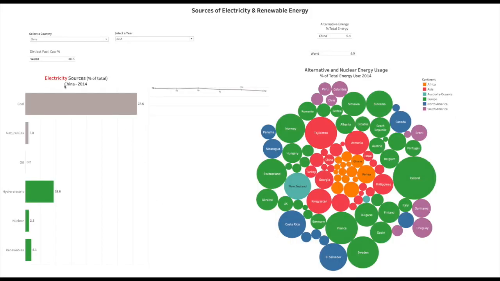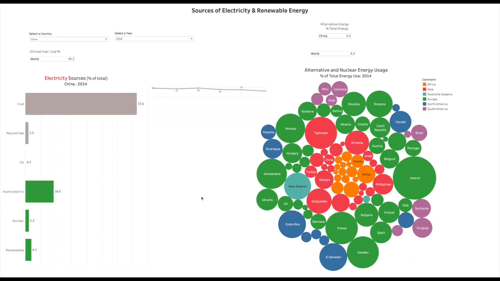To the left, we're looking at electricity sources. In China, the problem relates to its high use of coal, but it has declined since 2009 was at 78%, down to the 73% in 2014. But China is working very hard to reduce the carbon emissions through renewable energy. There are other countries with above average emissions. Those include countries such as Mongolia, Poland, India, Australia, and even the US can work harder.